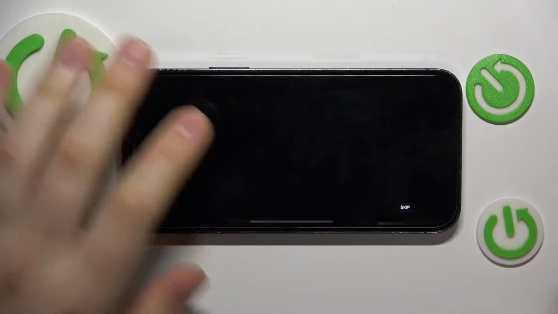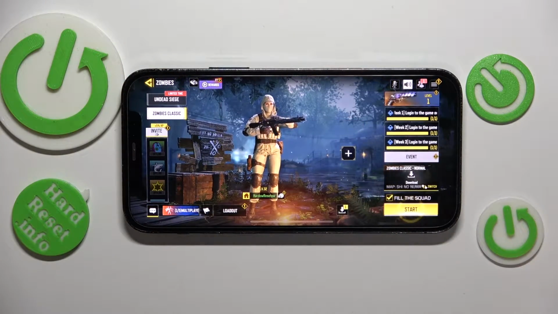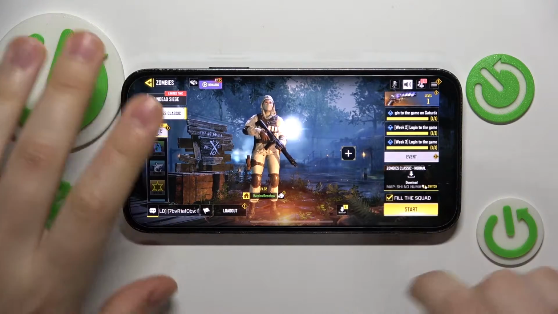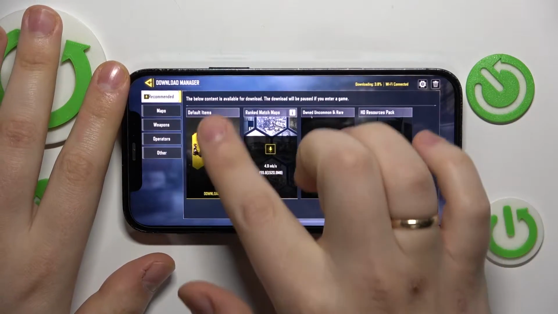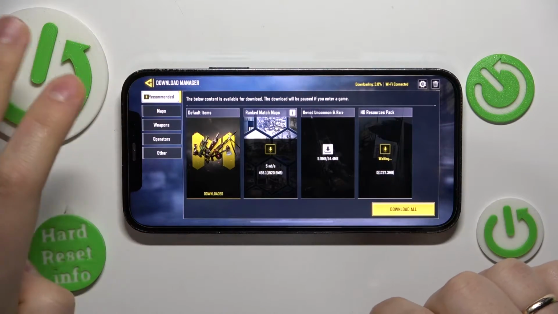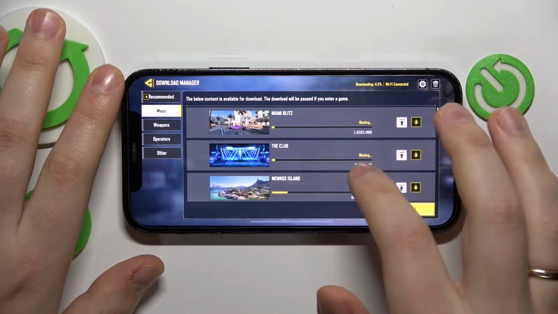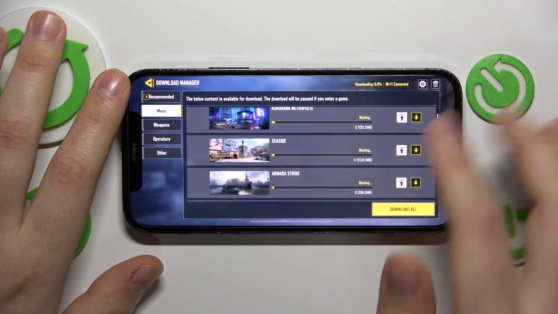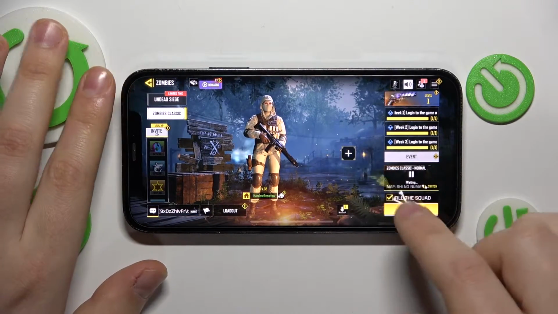And then simply, once the preferred game mode is chosen, all preferences are set, tap at the start here, or actually before that, you'll probably need to go over here and wait for all the resources and required maps to be downloaded first. So mine are still in the process here, but once everything is promptly downloaded, just tap at the start button here